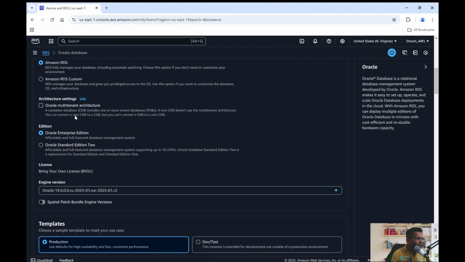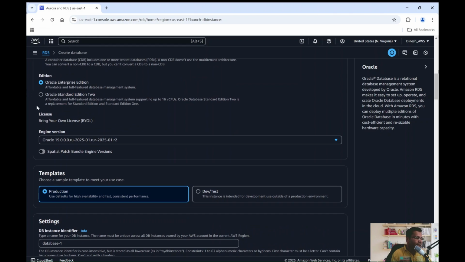Then we have something called architecture settings. For now, in our demo session, we are going to use a simple architecture where we will be deploying the Oracle database on an AWS RDS instance in one availability zone. Okay, then we have something called an edition. You have Oracle Enterprise Edition, you have Oracle Standard Edition 2. So we are going to select the